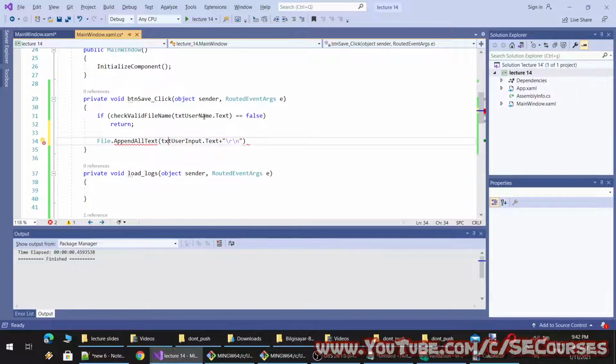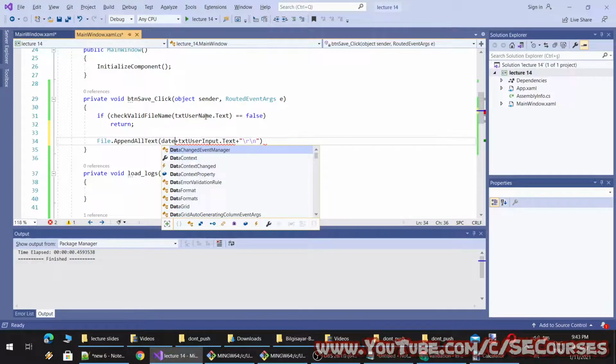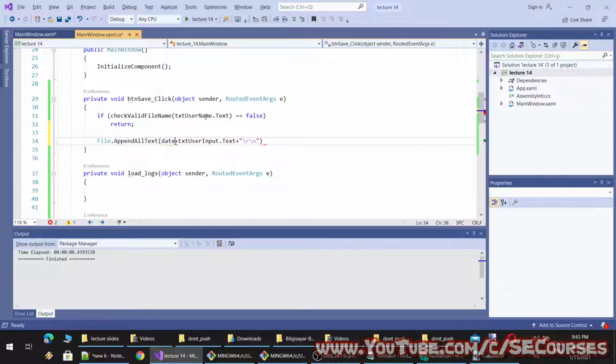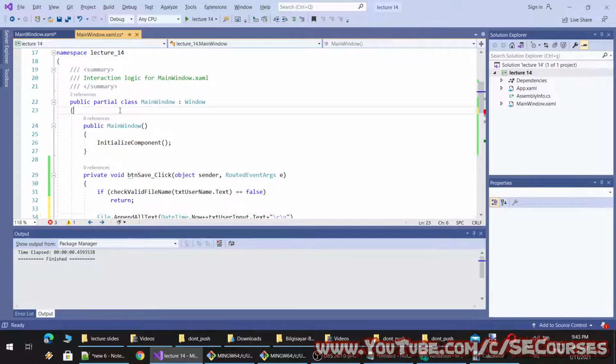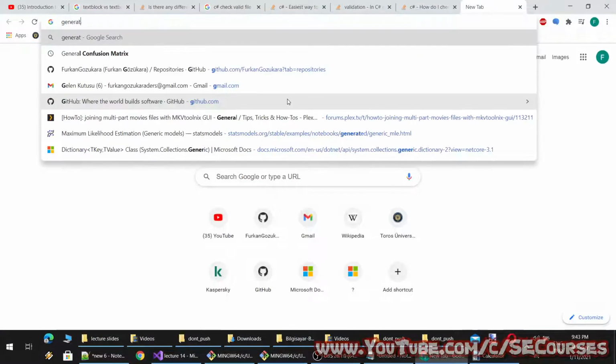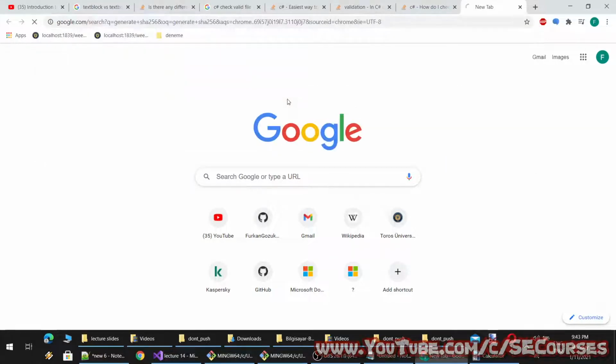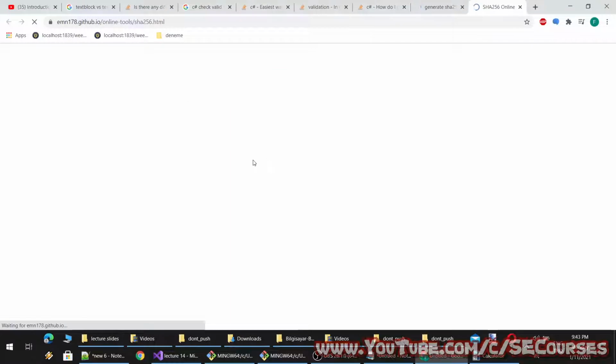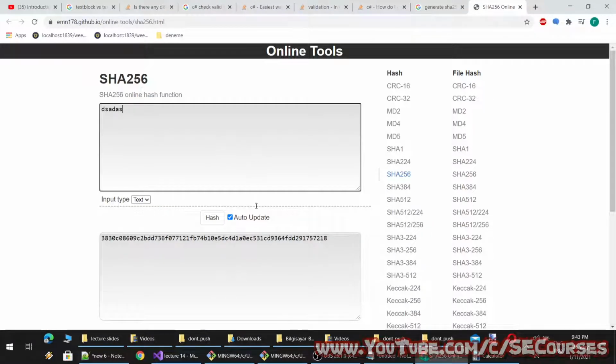And before doing this, I think we can also append DateTime.Now. And for separation, what can we use for separating? We can use something arbitrary. What I mean is, for example, let's say something like this, and input can be something like this.